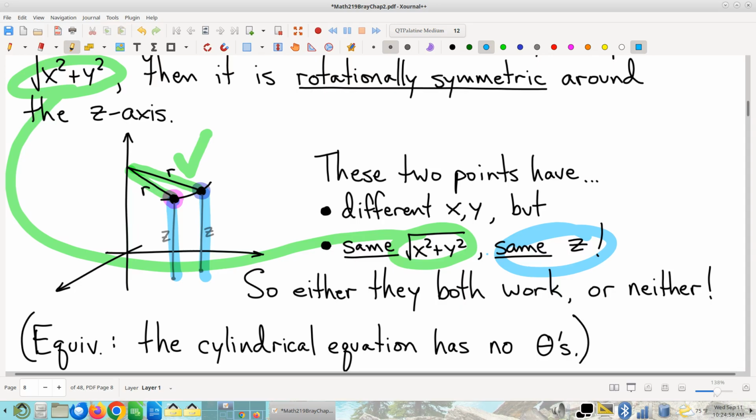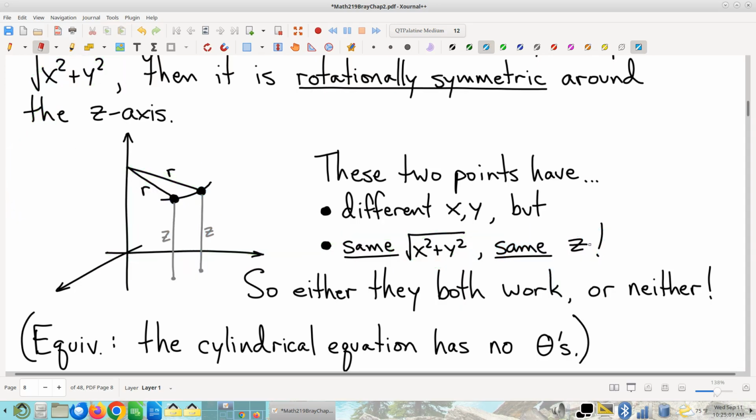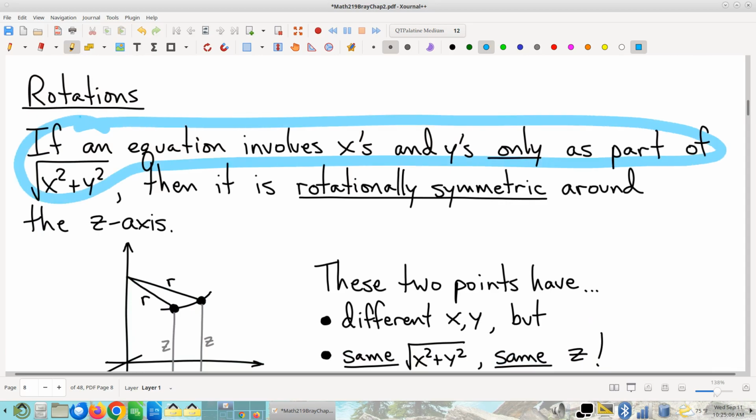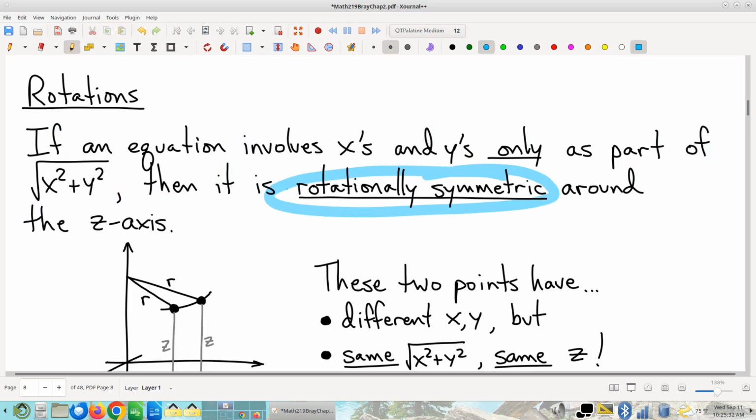Okay, so it's a lovely little conclusion to be able to draw. One of the things I really like about this is that this part, the rule, the deal, what you have to check, is eyeball-glance trivial. It's so easy. Just look. See if there are any x's and y's that don't fit that form. Costs you almost nothing. You can do it in a fraction of a second. And then, in exchange for that very, very low price, you get this powerful conclusion of